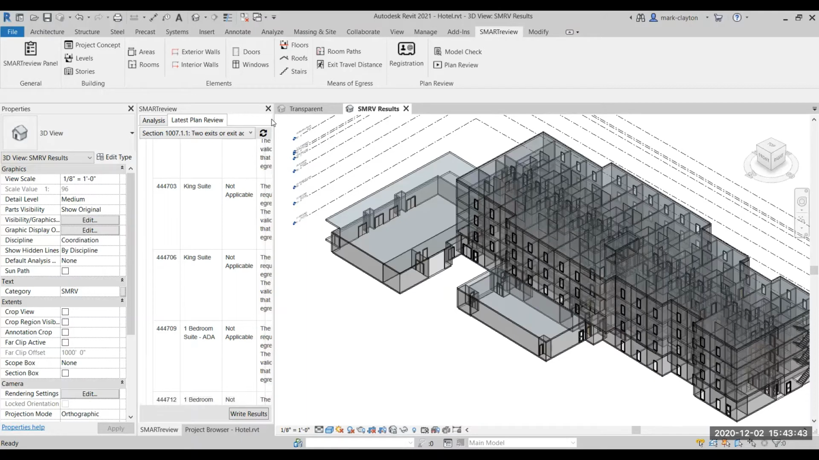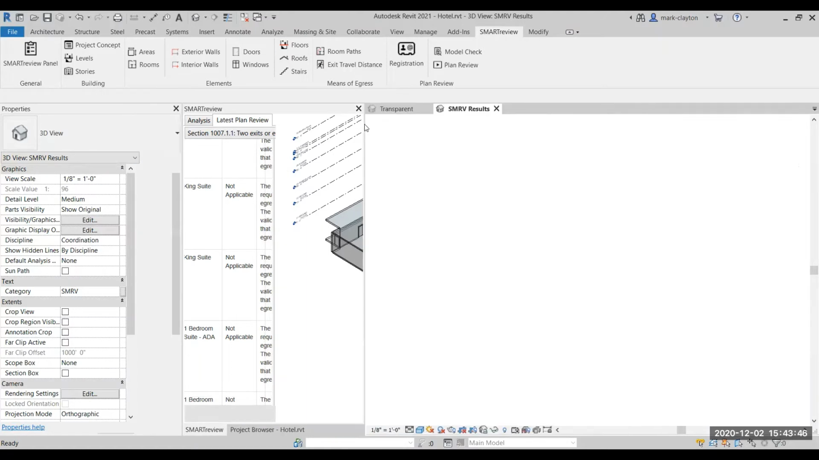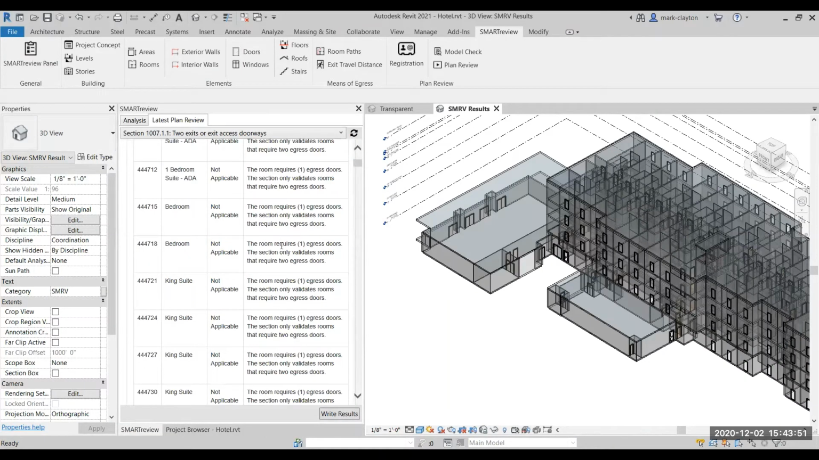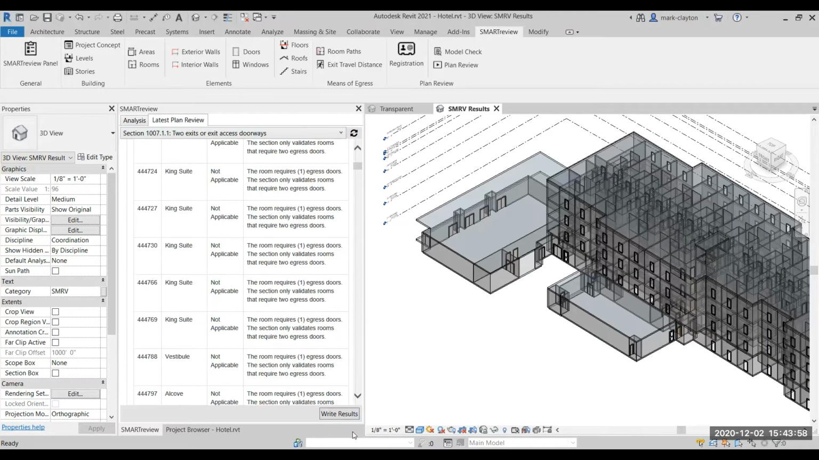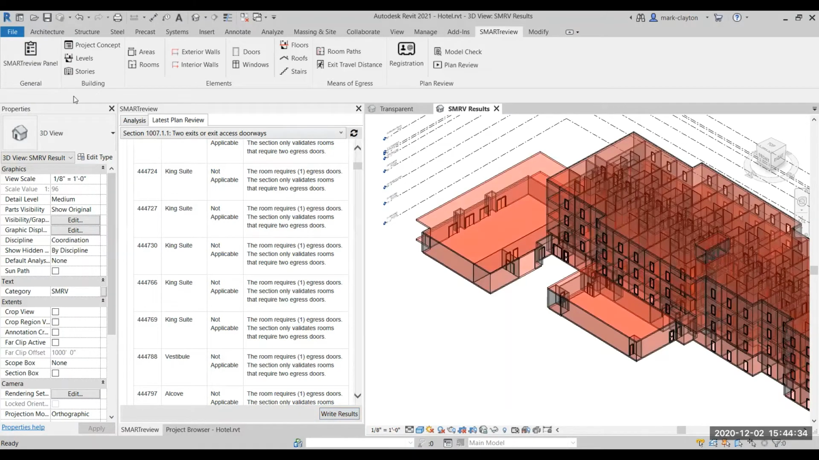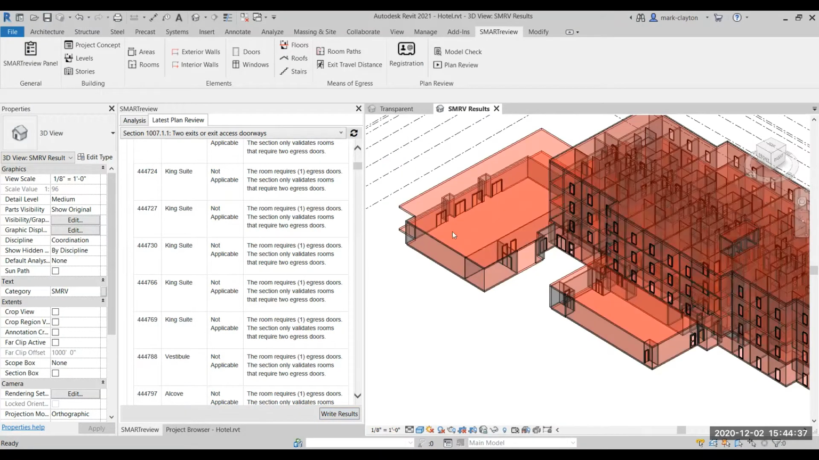Even if I pull this out some, like that. Pull this one narrow again so I can see the text here. Now, if I write the results, and now it's a little more interesting because we're using that filter to turn the ones that are non-compliant, that failed, to be red. So if I click on this roof here,